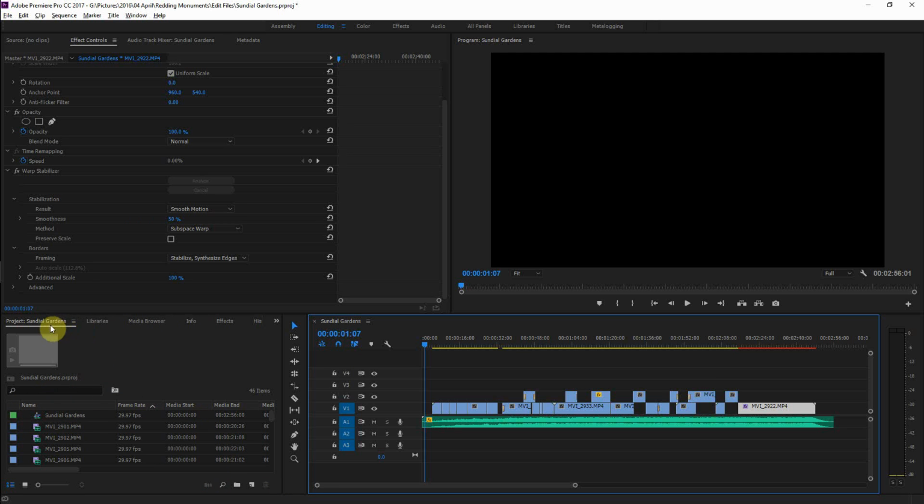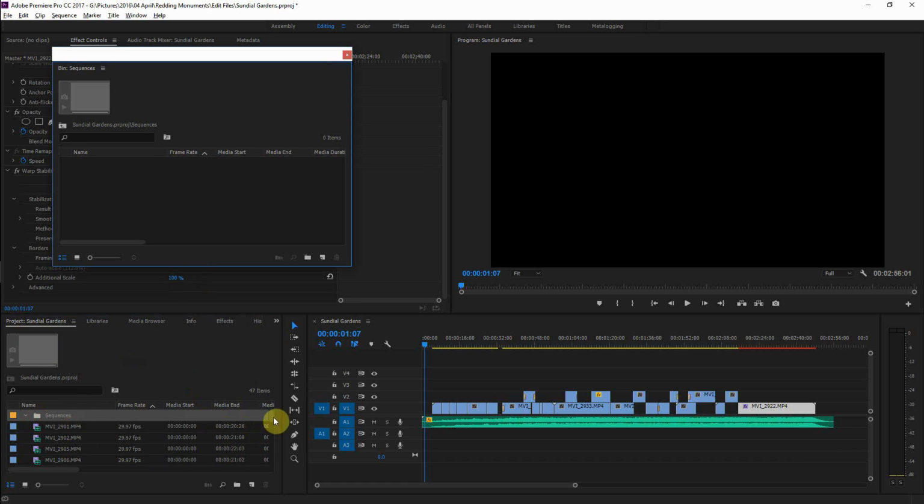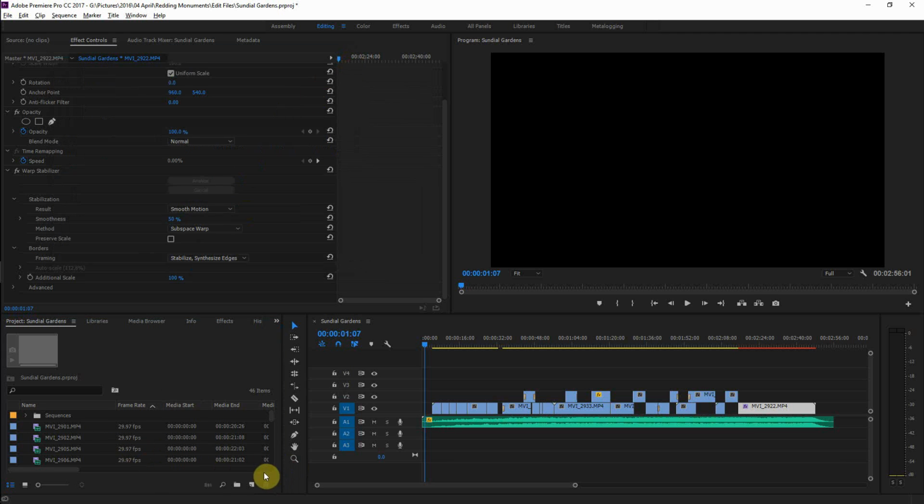Oh, while I'm here, maybe time to clean up this project area. And I'm going to create a new bin. Call it Sequence. Here's the thing that makes it easier. Just open it there and then drag stuff in. That's because I intend to have multiple sequences in here, so it would be helpful to do that.